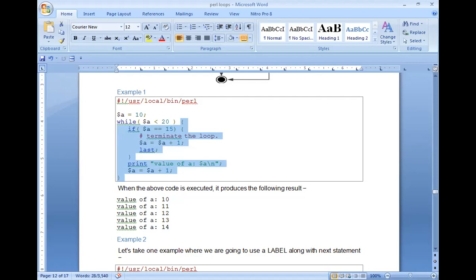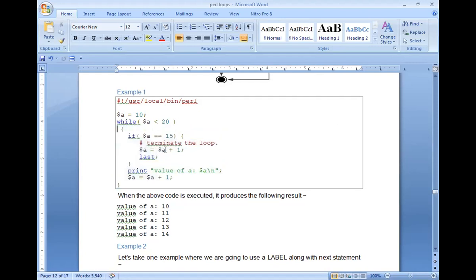So in this case, what will happen? Initially a value will be 10, and the while condition will be satisfied unless and until... 15 less than 20 is also a condition satisfying for the while loop. When you write the conditional statement in the inner loop, 15 is equal to 15, and whenever that happens, it will terminate from the loop completely. Whereas if you write the next statement, then what happens? 16